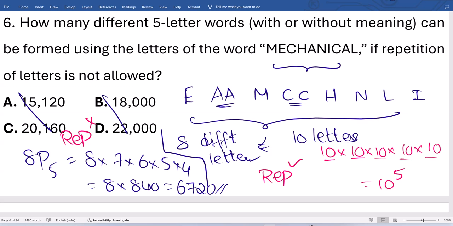8P5, because I am not able to take those repetition things. Among that, only I am taking one letter. So that's what. Next one,